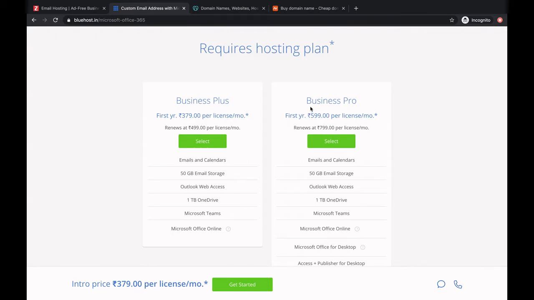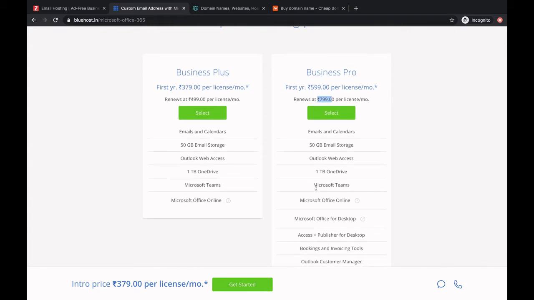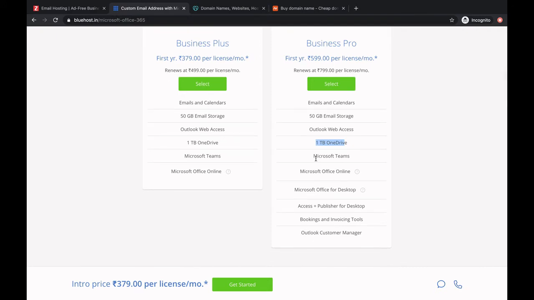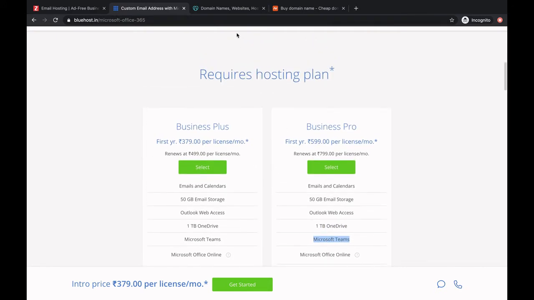When you go for the business pro, the price goes up a little. It becomes 799 rupees as well. But yes, you will get a lot of different options here, like 50 GB email storage, 1 TB OneDrive. It will be integrated with Microsoft Teams, and there are a host of other benefits.